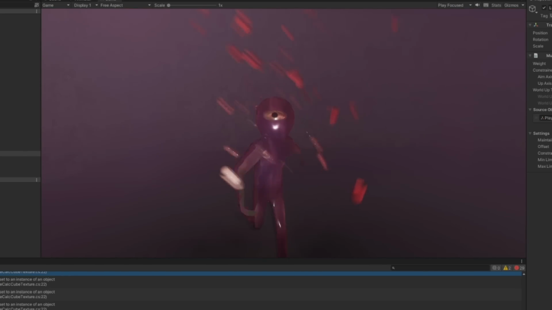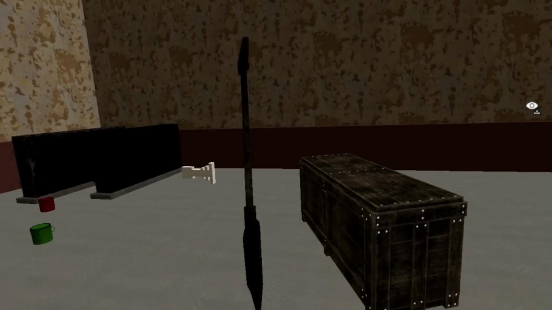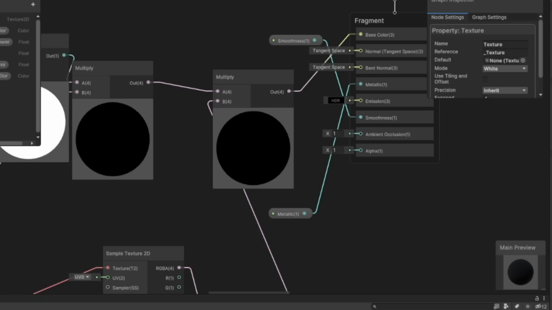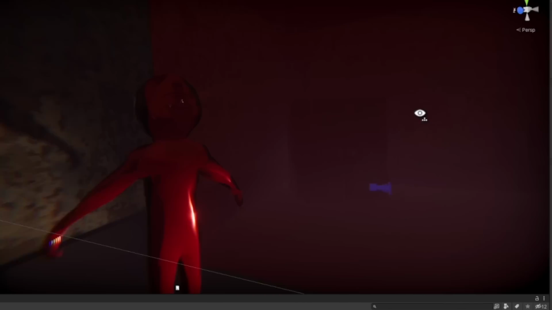In Doors, the rooms are full of furniture and just random clutter, so I searched the internet for some junk, which is honestly pretty easy nowadays, and I arranged some boxes, some gas, some shovels into my game. And then I messed around with something called a shader graph, which is a fancy way of saying I don't know how the heck to use this feature. And I made this, which I don't even know what it is. I was trying to make Pedro have like a little glow, but